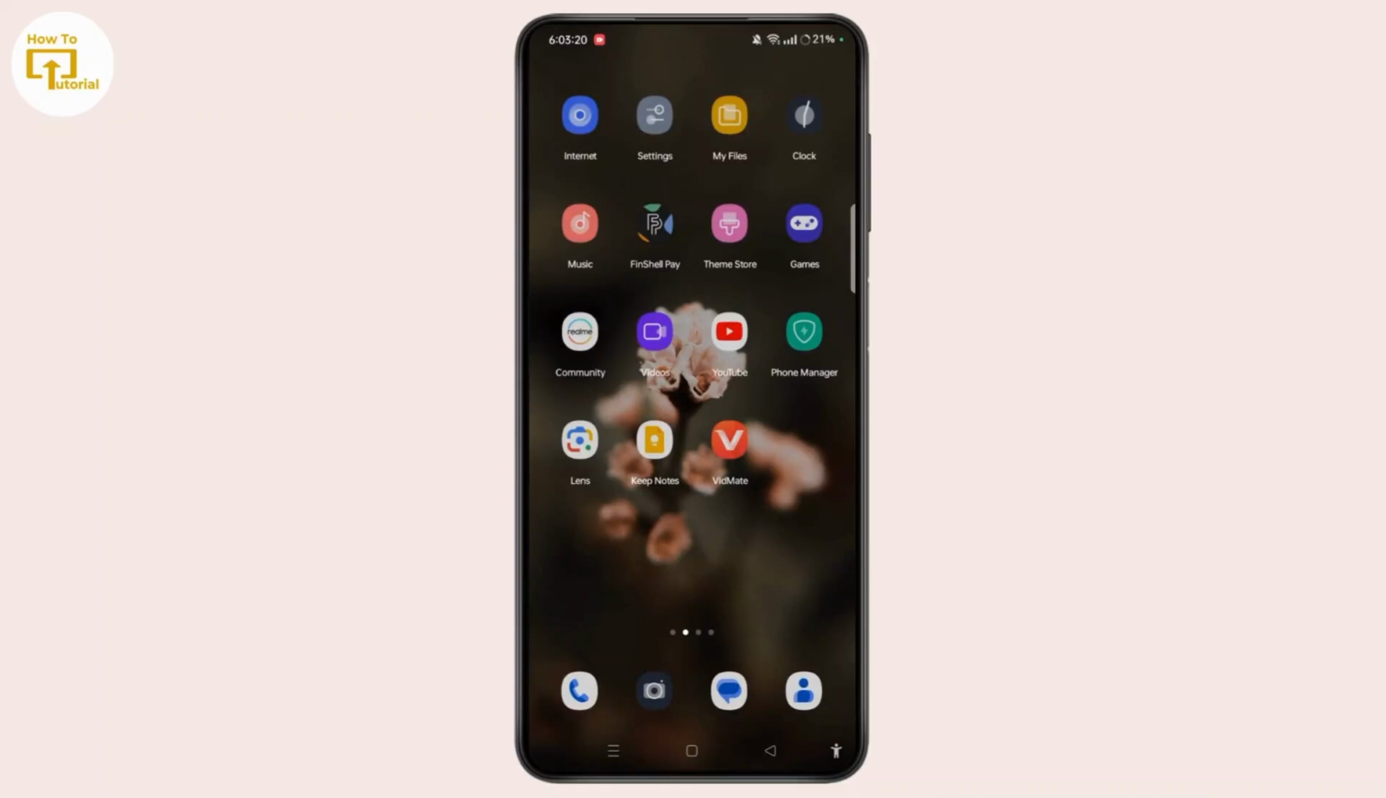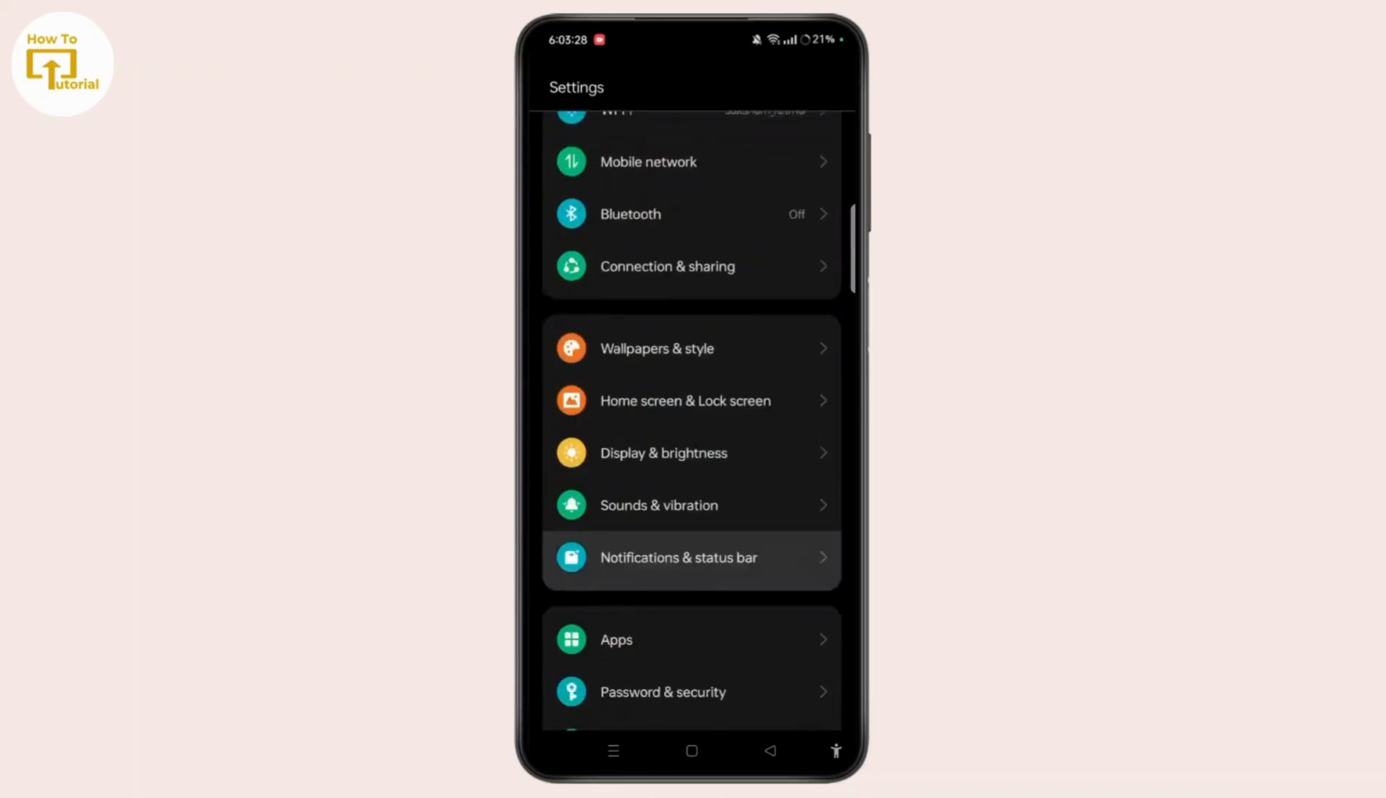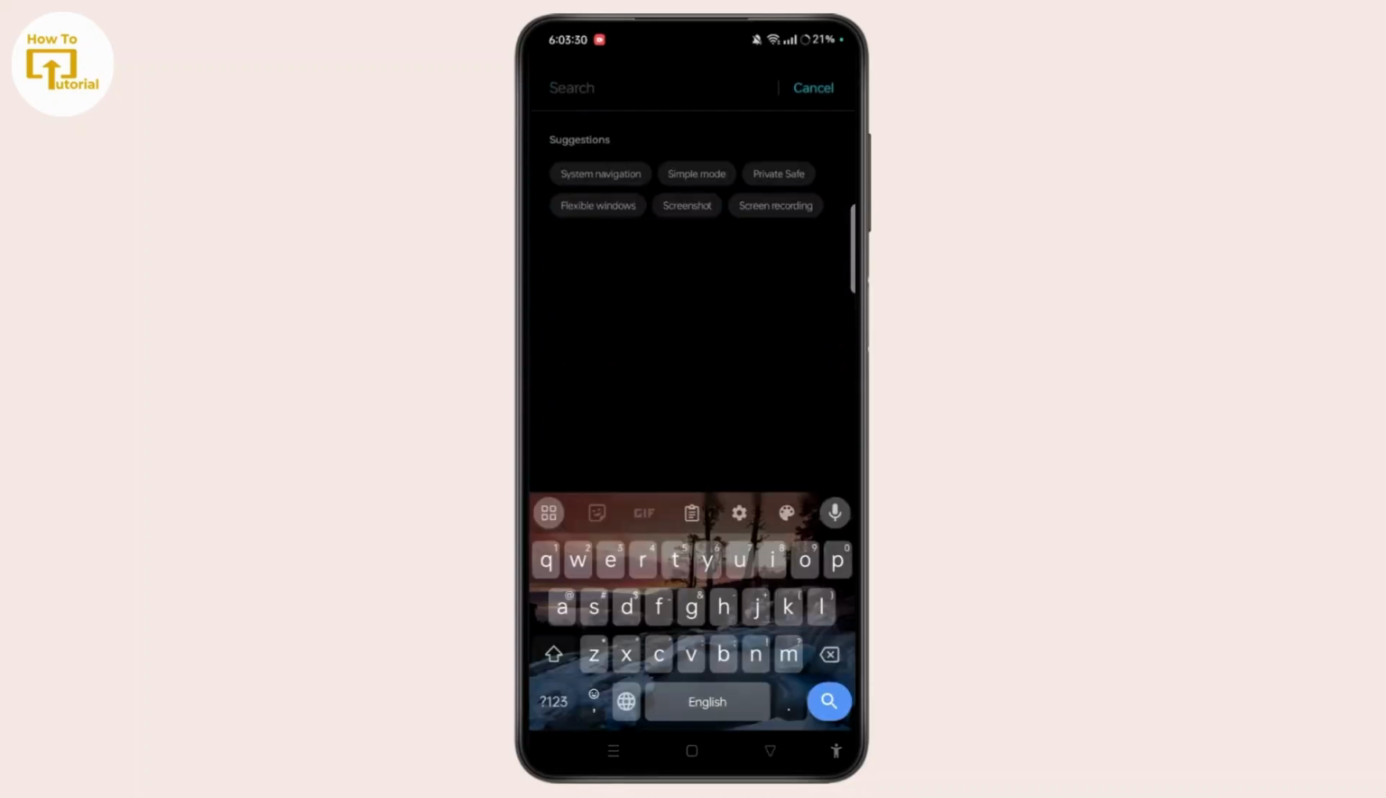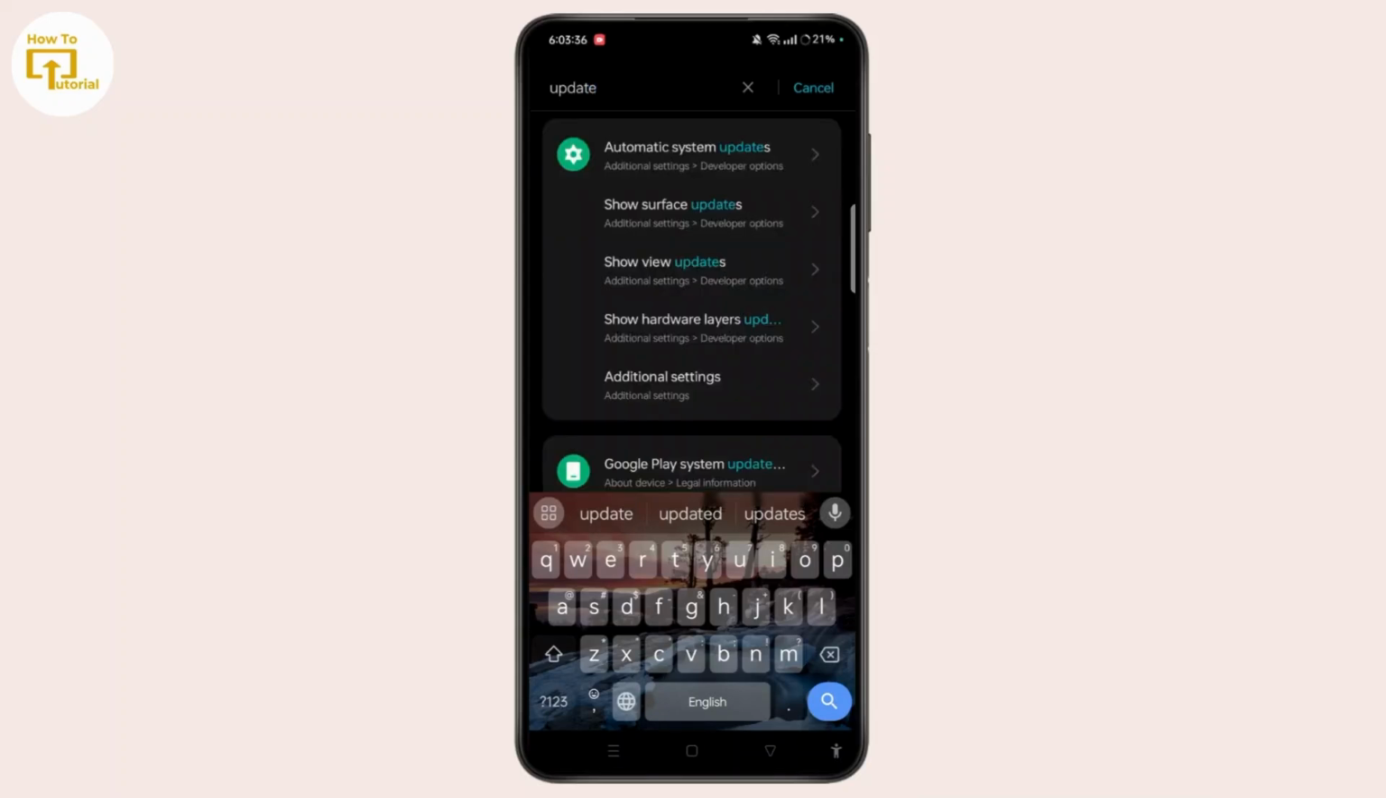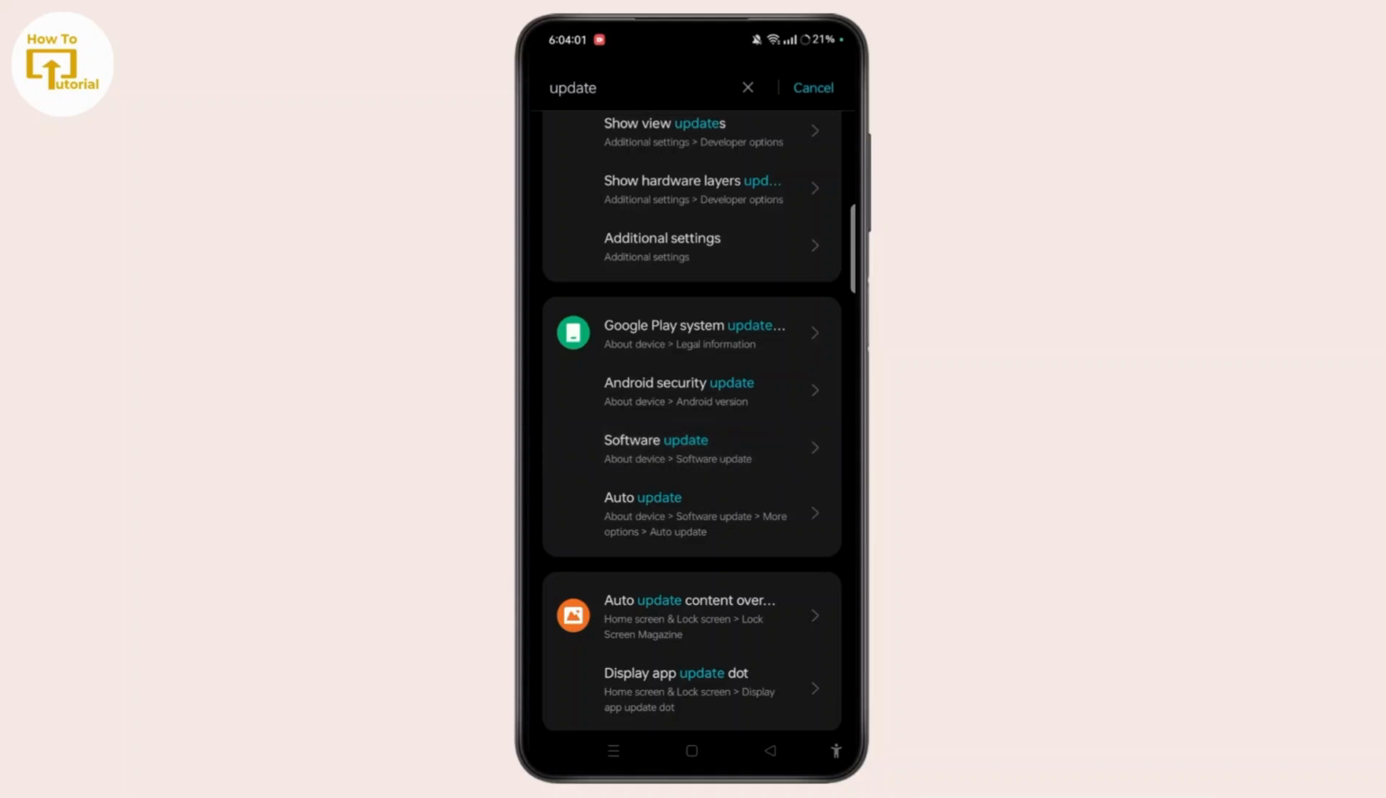The second step you need to follow is simply check whether your software is updated on your device or not. For that, head into settings again, then tap the search bar at top. Type in updates and wait patiently until you see the option of software update. Tap software update, and if you see any updates, you have to download and install the latest version of your